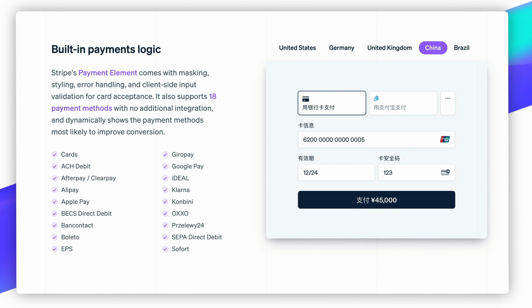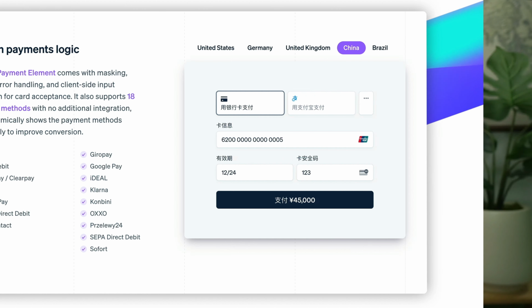So the payment element supports anything from cards all the way to bank accounts. You've got support for wallets like Google Pay and Apple Pay, all the way to buy now, pay later like Affirm and Afterpay, ClearPay. So it is a great option for building your own custom form to accept a one-time